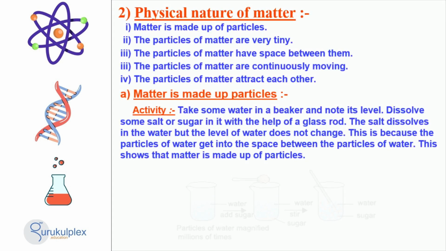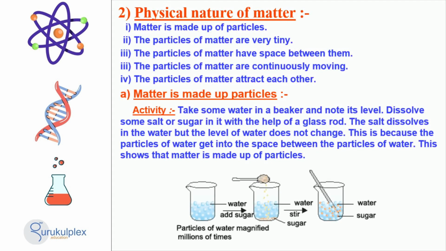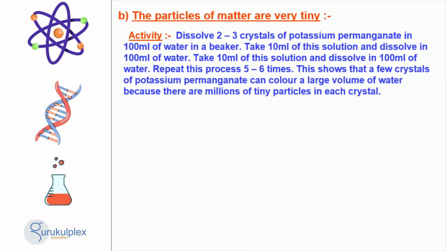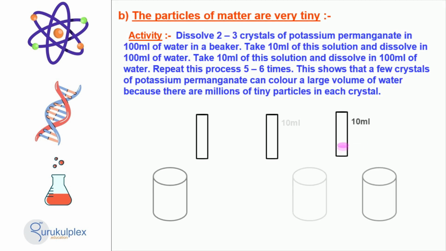Matter consists of tiny particles that are separated by space and are constantly in motion. As an example, we can take a beaker of water and observe its level. If we take a glass rod and add salt or sugar to the water, the salt will dissolve but the water level will not change. This is because the particles of water fill the space that was between the particles of salt, demonstrating that matter is composed of particles. The activity shows that matter consists of incredibly small particles that move and are separated by